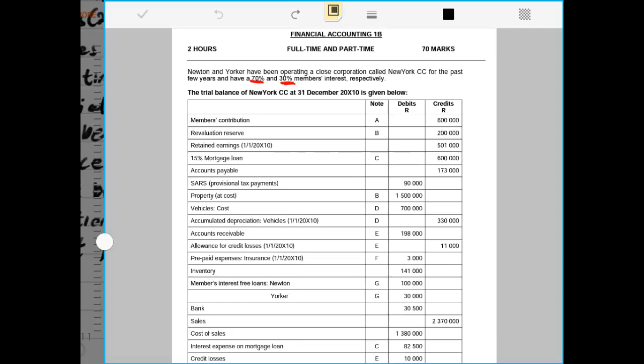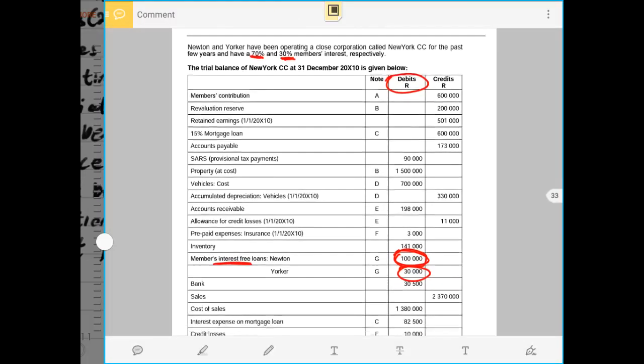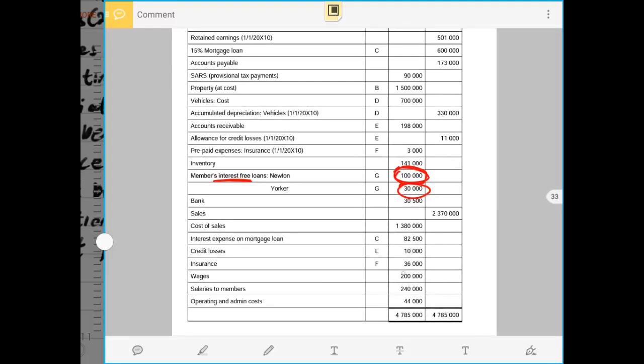So now that indicates that there are loans of 100,000 and 30,000 rands. And if you see, these loans are recorded on the debit side of the trial balance, it indicates that these are the loans that were given to the members by the close corporation, and they don't have interest, members' interest free loan. Then that means these are assets from the close corporation's perspective. Then we have bank, sales, cost of sales, and the interest expense on the loan. There we have interest expense on the loan as